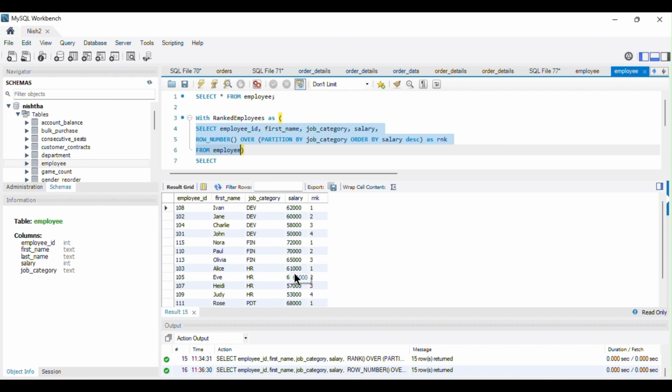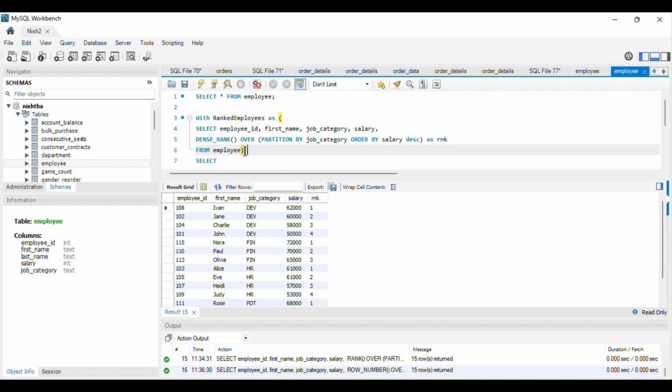As you can see, with the same salary of 61,000, the ranks are different, 1 and 2. So it does not provide the same rank to employees with identical salaries, and this function is not at all suitable for this scenario because it does not handle ties. The ideal choice is the dense rank function, which does not skip any rankings. That is why we are using the dense rank function.